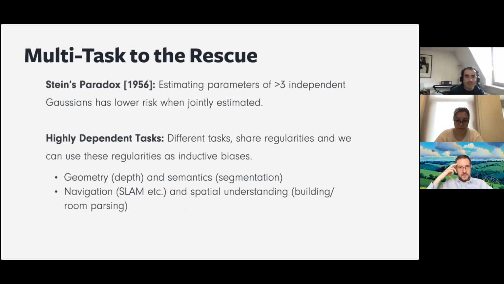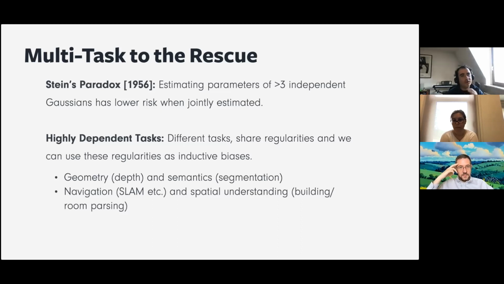I will use multitask as an extremely general setting. I'll call it multitask as long as you are solving multiple things at the same time. It can be multiple datasets, multiple loss functions, or multiple actual tasks as well. The reason multitask might make sense is there's an obvious intuitive reason, which is that the world is full of regularities. If you are solving geometry and if you are solving semantics, they have some underlying regularities because they are all about objects and things. So you hope that things will transfer between them.